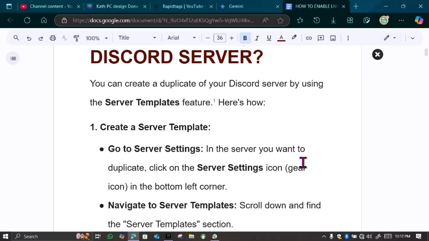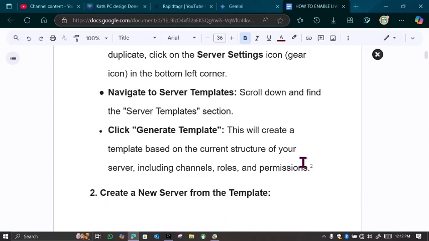To create a server template, go to the server settings in the server you want to duplicate. Click on the server settings icon, which is the gear icon at the bottom left corner, and then scroll down and find the server template section. Next, you have to create a template based on the current structure of your server, including channels, roles, and permissions,